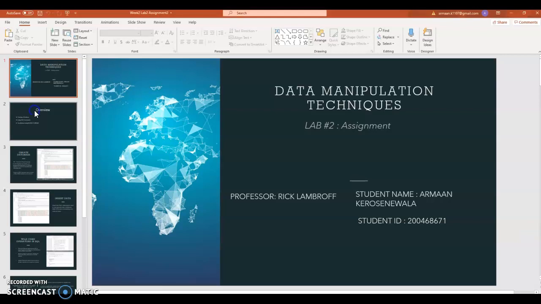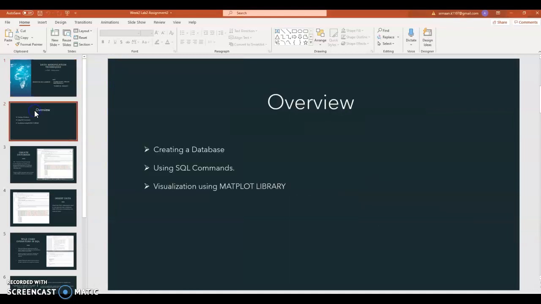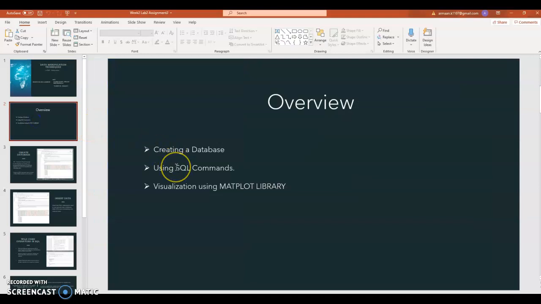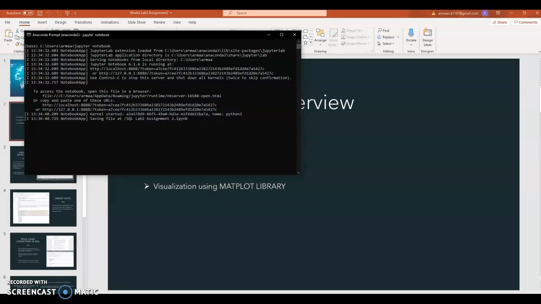So today we are going to discuss how to create a database using SQL commands, how to use the SQL commands, and how to visualize the SQL commands using the Matplotlib library. So in order to first connect the SQL database, here we are using the SQLite version. So we need to